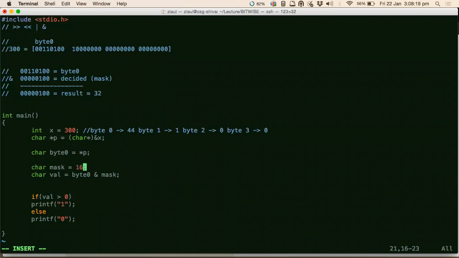Straight, 16. Sir, I mean, wait, 0, I mean, value is in character, no? So 0 would... Character, you can treat it as a number only, na? Character is what? No, sir, actually 0 would have an ASCII value of 48, no? So it will always be greater than 0, no? No, when you are converting it in this way, it will automatically take it as an integer and do the conversion. It will compare it like that. Okay. Sorry.